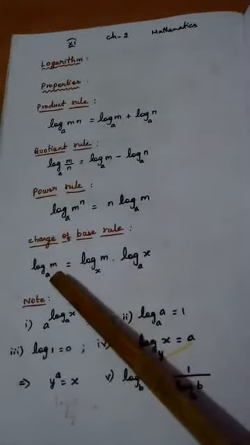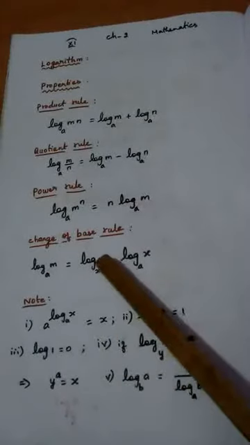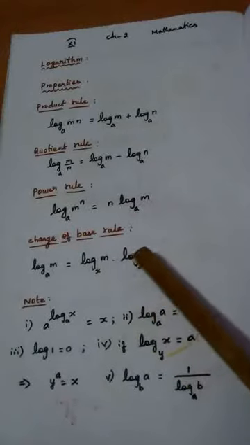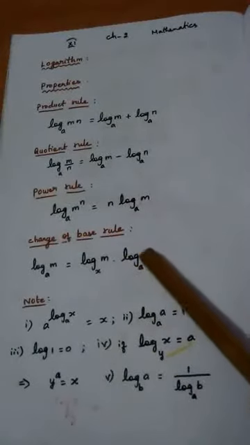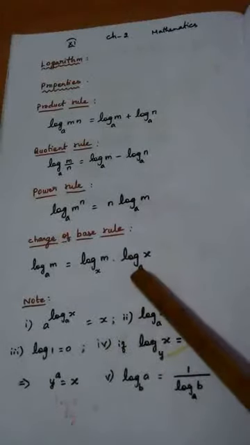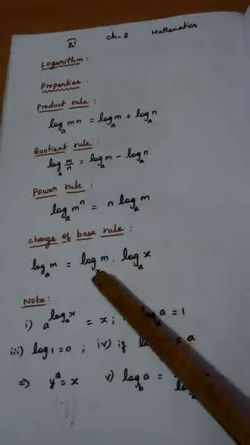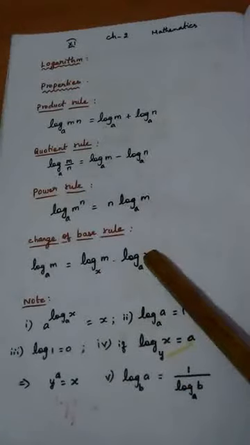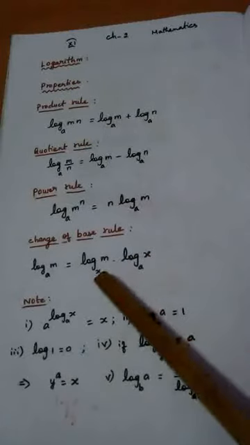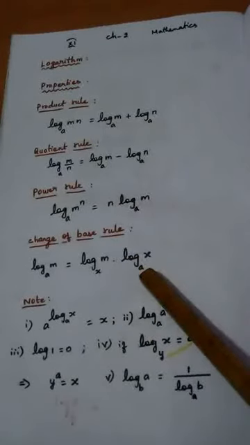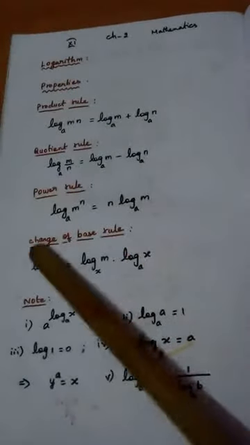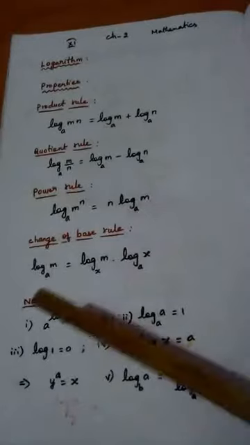If log m base a, here the base is a, now we are changing the base from a to x. How to manage it? Just we have to multiply one more term called log x base a. This a is nothing but the original base. So just we have included these two by ourselves. Even in place of x we can write y. So log m base y into log y base a also can be written like that. So this is called what? Change of base rule.